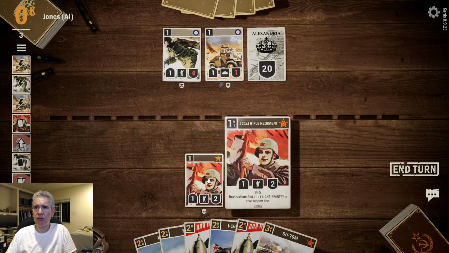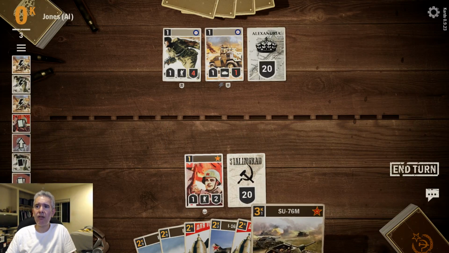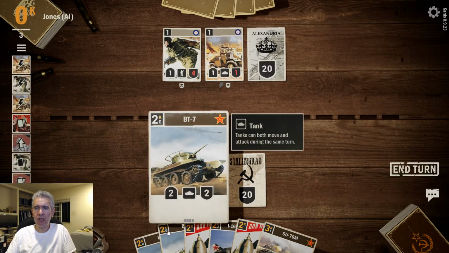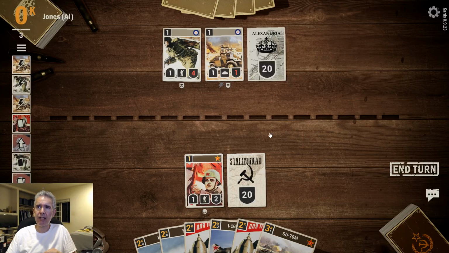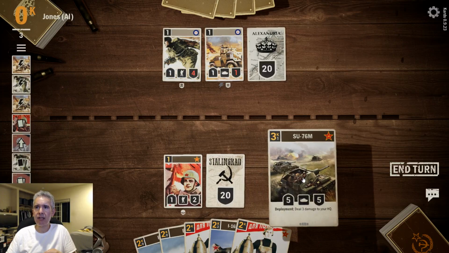So what we're going to do is we're going to go over here. Ooh, see, this is really good. So we're going to play. Now, tanks can both move and attack on the same turn, but you see this costs 2 credits, so it means I'm only going to have 1 credit left. If I had 4 credits, I could summon them and move up to the front line. What we're going to do is this, because this is a big boy,